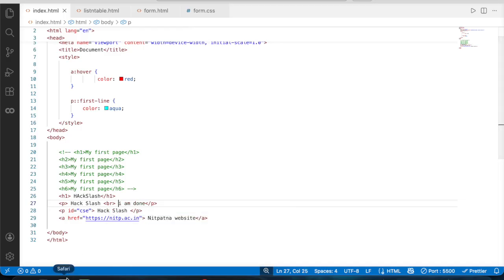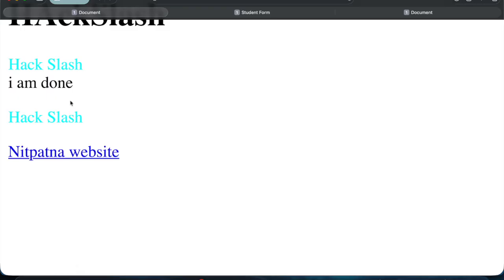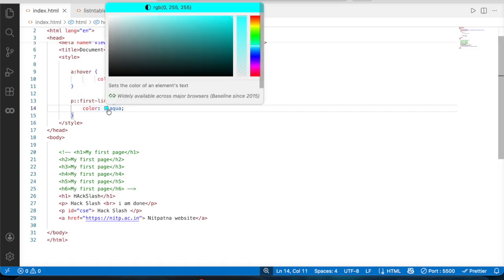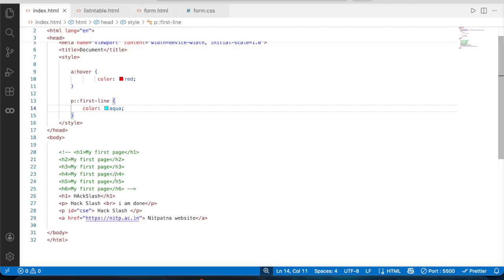Now let's see what happens. अरे ये क्या हो गया? देखिए यहाँ पे जब हैकस्लैश जो लिखा ये हमारा first line में आया, and now this is I am done is in second line. That's why यहाँ पर इस टाइप की चीज़ें हेल्प आती है स्यूडो एलिमेंट्स की। वो पहले लाइन के पैराग्राफ के पहले लाइन को उसने क्या किया, एक्वा कलर, और बाकी लाइन को वैसे ही छोड़ दिया। So this is where pseudo elements come in help using double colon, and it targets a specific part of an